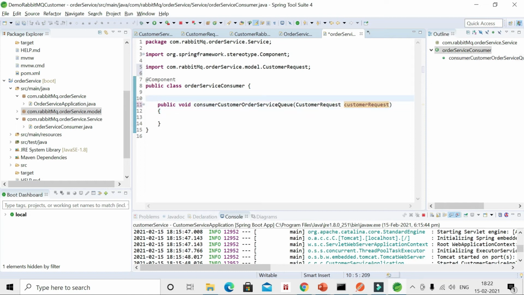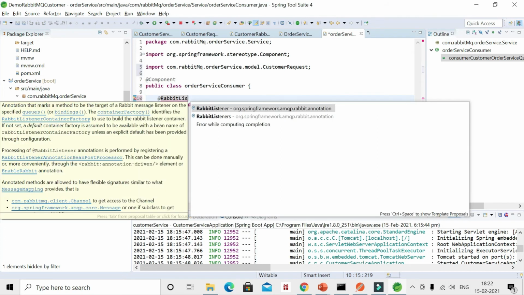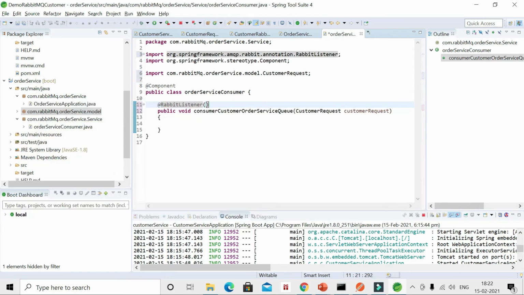Now to consume this method, we have an annotation called @RabbitListener. So just use this RabbitListener and give queues. What is the queue name there?